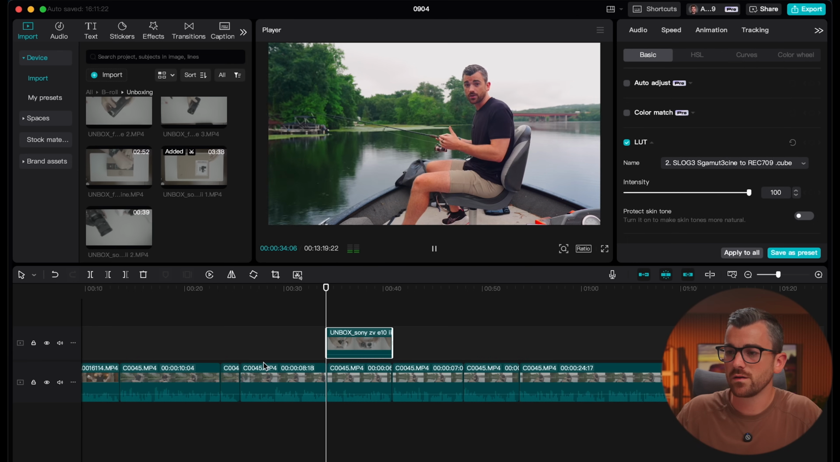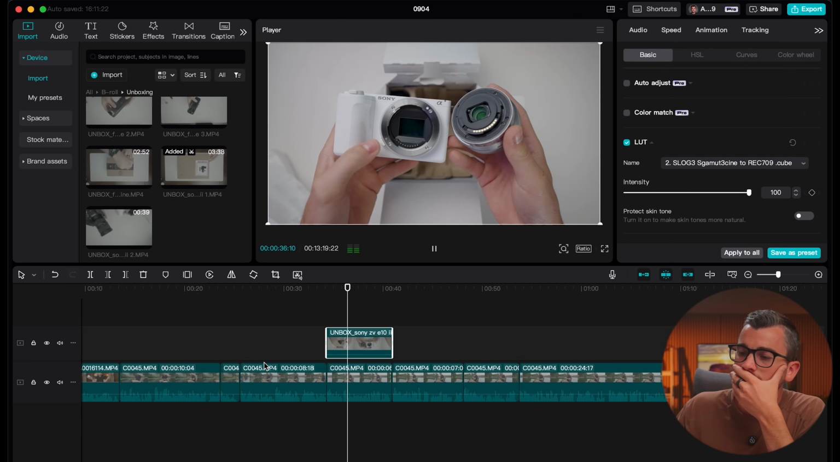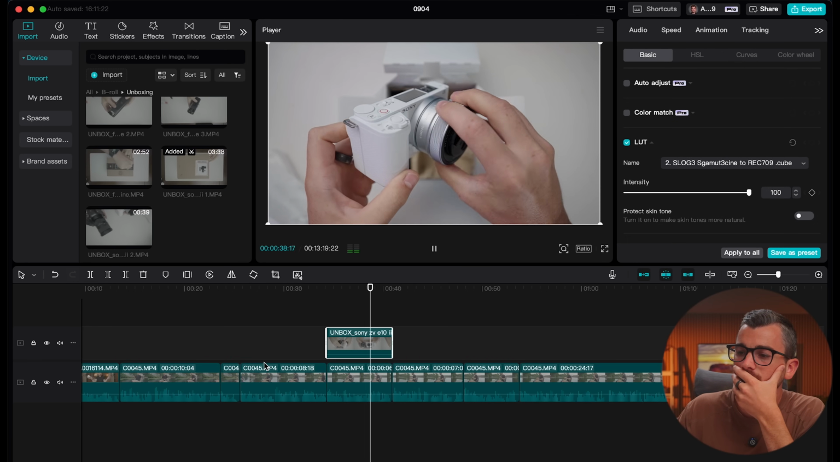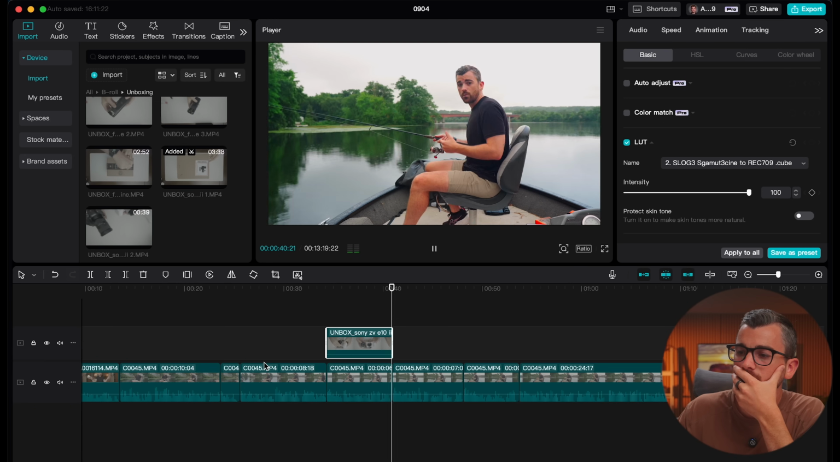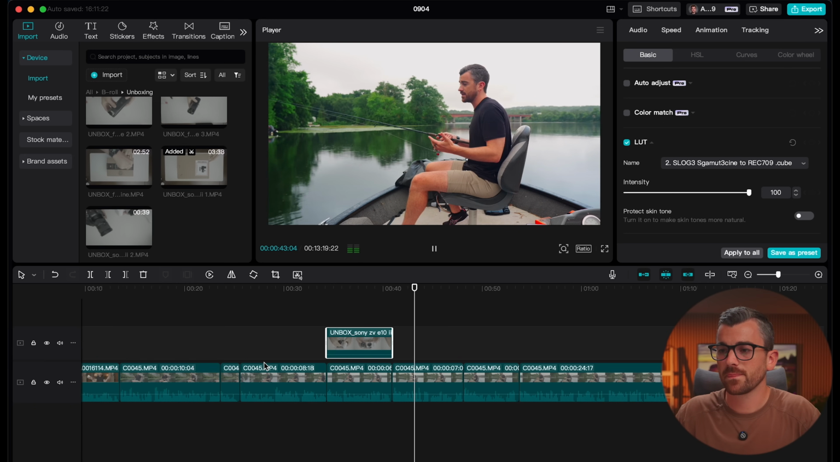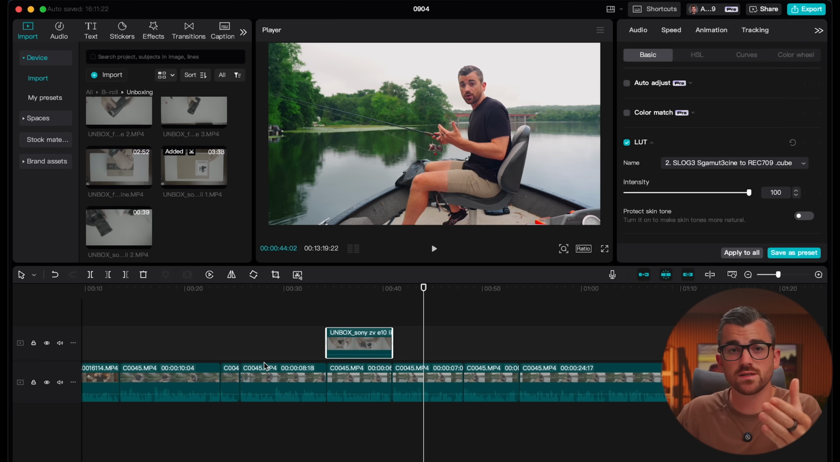As is the new sensor. You're getting the same exact sensor that's in the A6700 and the FX30, two cameras that are much more expensive. What that means basically is in a blind side-by-side test,